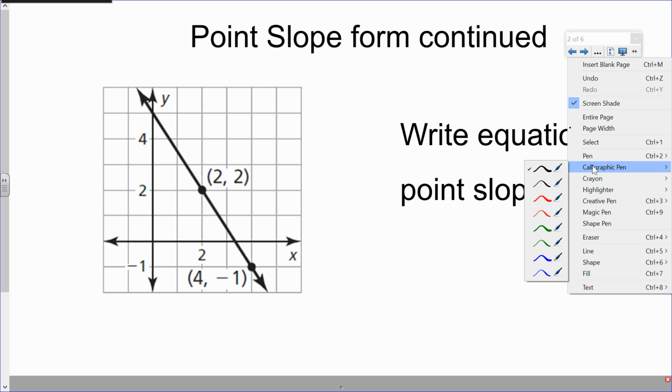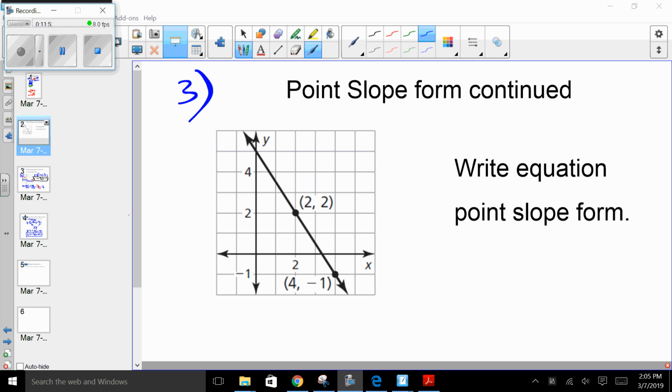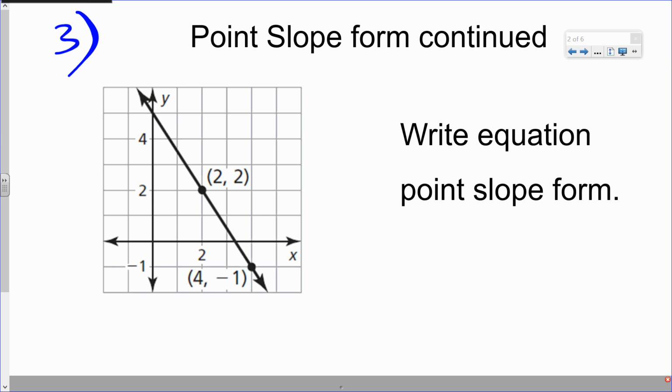So you can try this on your own and successfully do it. That's the last example. Before I do it on the board, I'll give you 2 minutes. You get an extra stamp today. So I'm throwing a line at you. Write the equation in point slope form. I'll give you 2 minutes. Boy, that was record time. All right, so